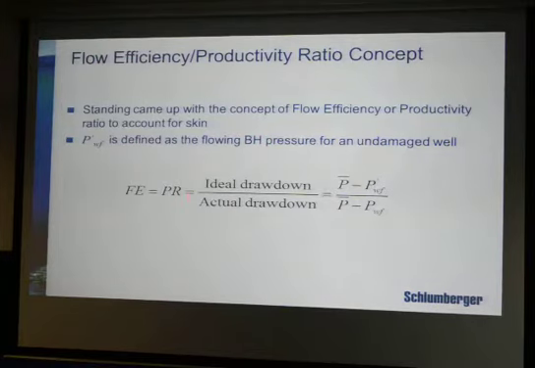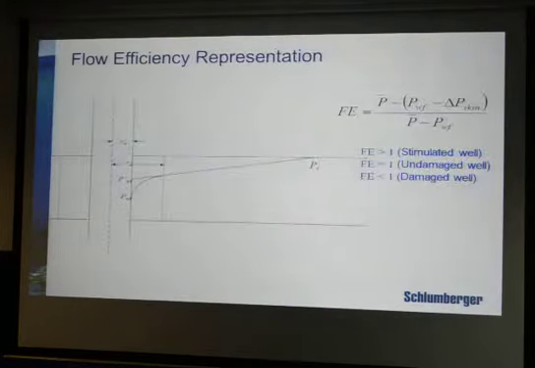The flow efficiency is basically the pressure drawdown that is actually inside the reservoir, minus Pwf, as a ratio of the ideal one, which doesn't include the ΔP skin. The skin factor is not included in this. So based on this flow efficiency, different ΔP skin is obtained, and we actually go back to the Vogel equation only to get the answer in this case also. So you will find that in the case of a stimulated well, the flow efficiency is greater than 1. In the case of a damaged well, it's less than 1.